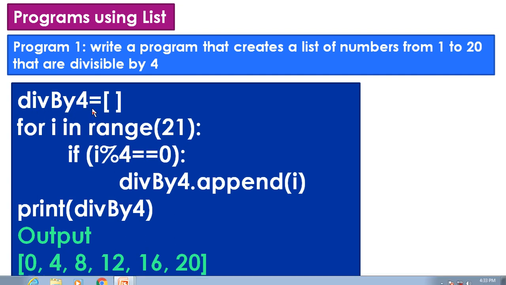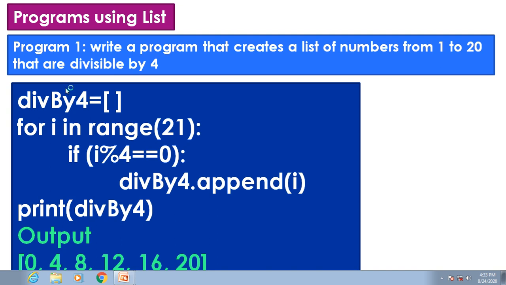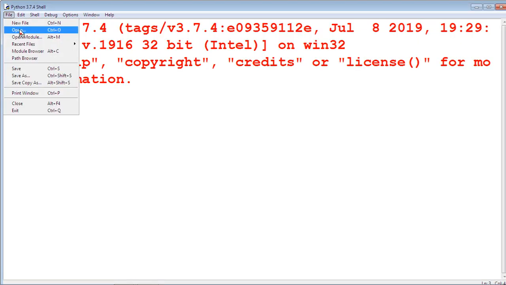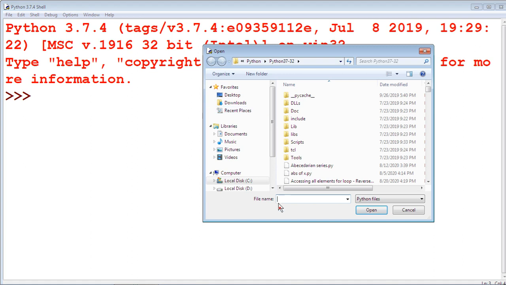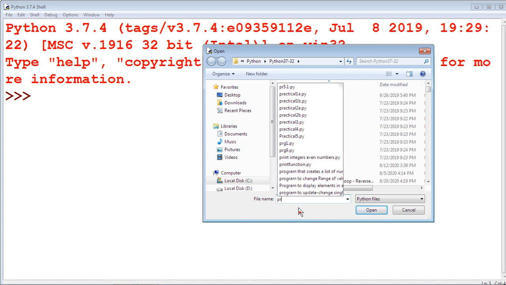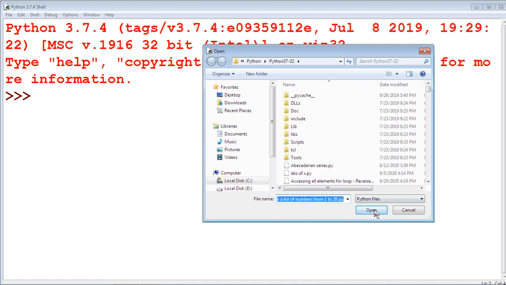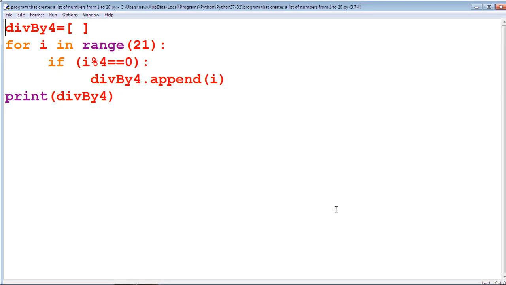We are going to see this example by using the IDLE window. File, open. Program that creates a list of numbers from 1 to 20 which are divisible by 4.